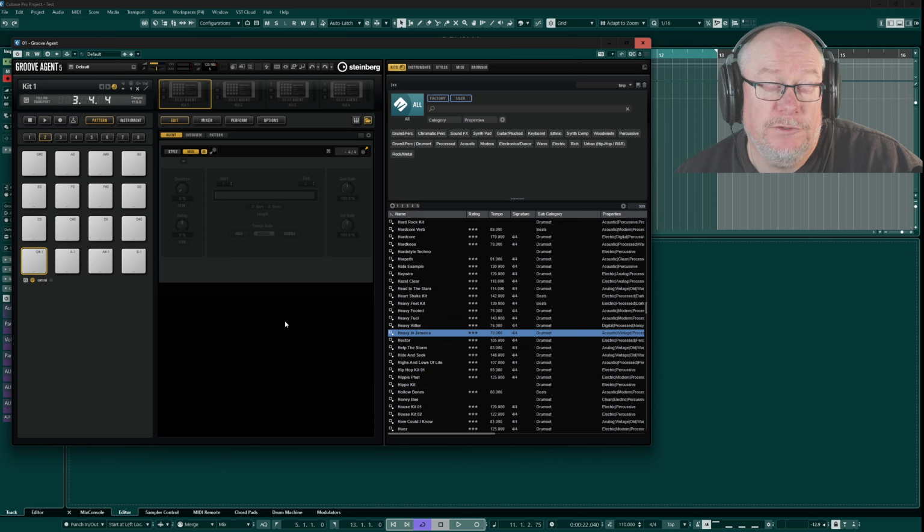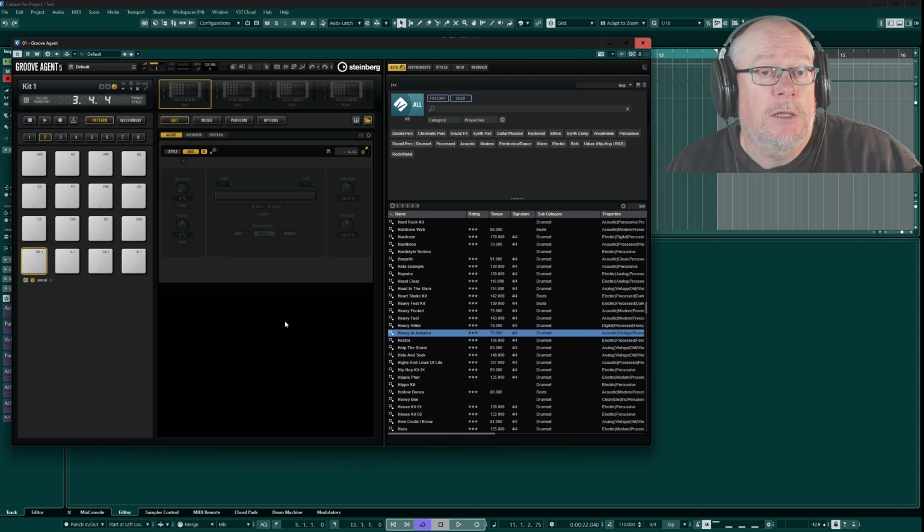We're going to do it from two different perspectives. Firstly, I'll just describe the process. I'll show you how I go about loading kits and instruments into the plugin, but I also want to have